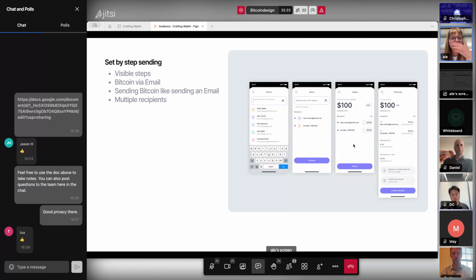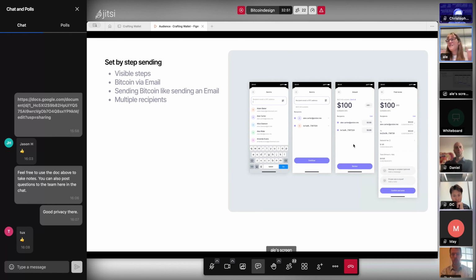How do we reduce friction in the sending? So basically, at the beginning of the story, we created an alpha that was mostly for our engineers, to test feasibility, and also to do some internal testing.